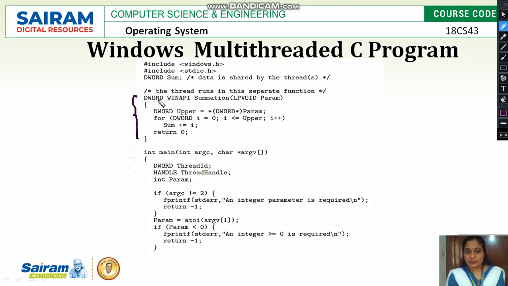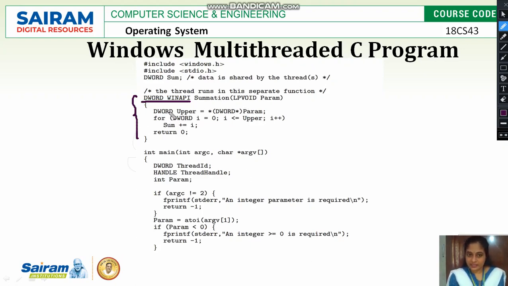DWORD is the return type, WINAPI is where the thread identification and Windows API come in. Whatever user-defined function you write to be executed by the thread should start with DWORD WINAPI, so that the function can make use of all Windows APIs to execute using the threads. And Summation is the function which we have called with the parameters.